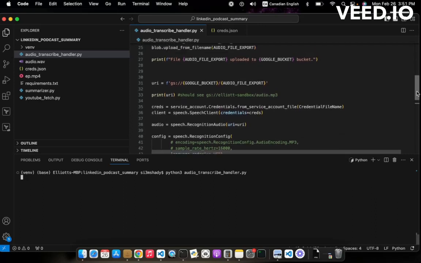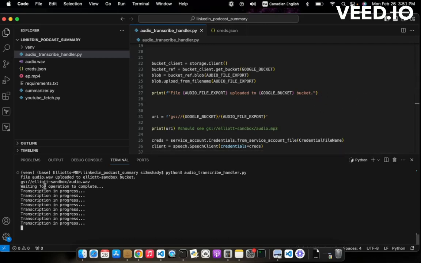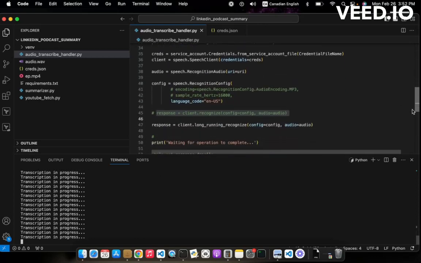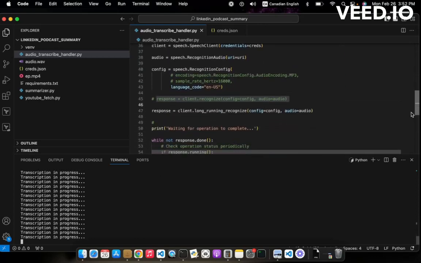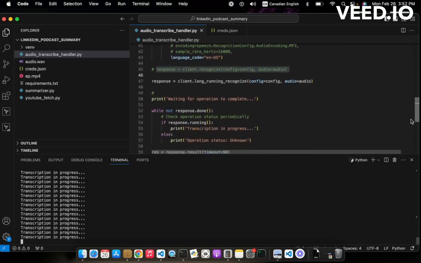Okay, it may take a second, but that's the stage that we're at right here. So we should be seeing this uploaded message come next. See, uploaded. Okay, and then we got the URI. Now we're starting to loop through. Now this may take like 3-4 minutes, I've noticed. So it may take a little bit of time,